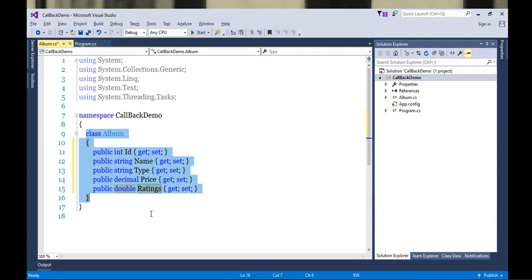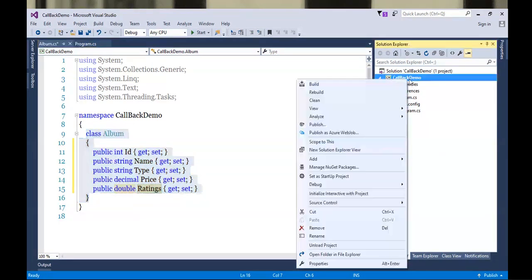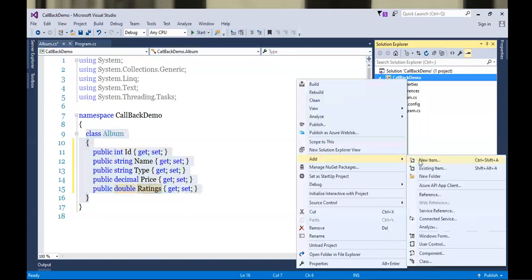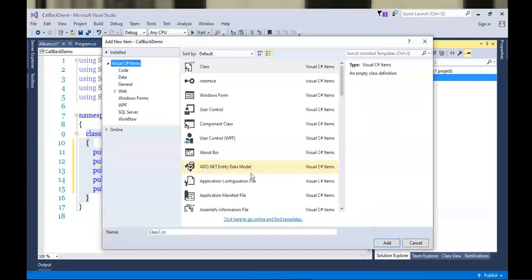Okay, now let's start performing operations on this. So we will be preparing one more class. Let's name it as album operations. Now actually in development wordings, this is a repository for me. But right now we'll write album operations.